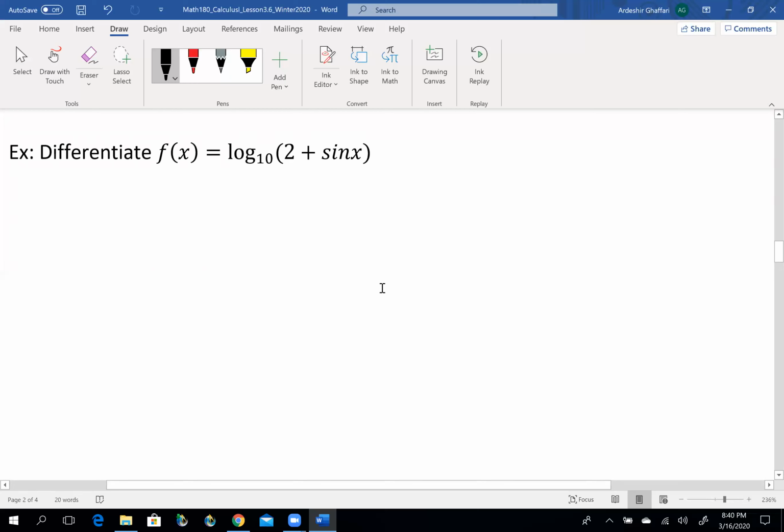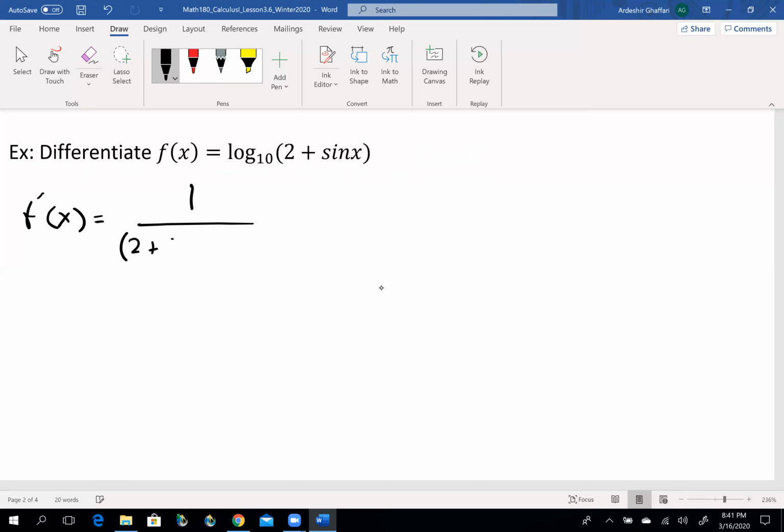So now let's go to the next example. Differentiate f of x that is equal to log base 10 of 2 plus sine of x. So again, I'm looking for f prime of x. Based on the formula that I showed you at the beginning of the lecture, the derivative of log base 10 of 2 plus sine of x is equal to 1 over 2 plus sine of x